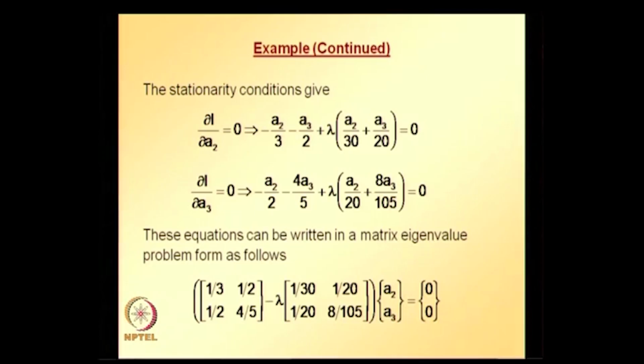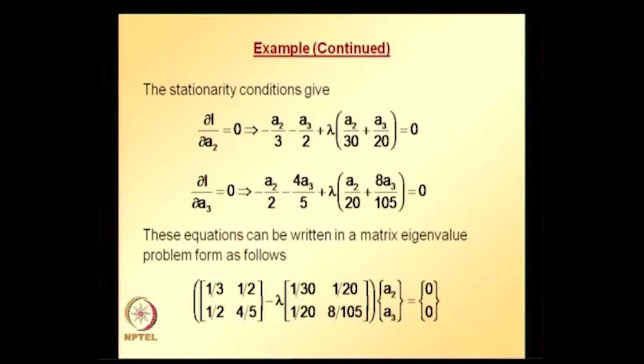So for a non-zero value of that a2, a3 vector, the condition for a non-trivial solution is that the determinant of a minus lambda times b should be equal to 0, which results in a characteristic equation of order 2, if it is a 2 by 2 matrix system, which when you solve you get 2 roots, and those roots give you the first eigenvalue